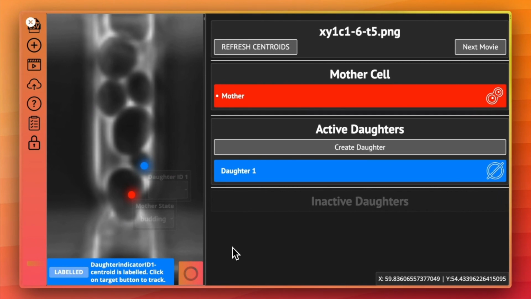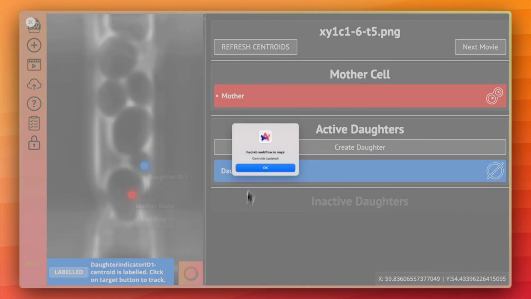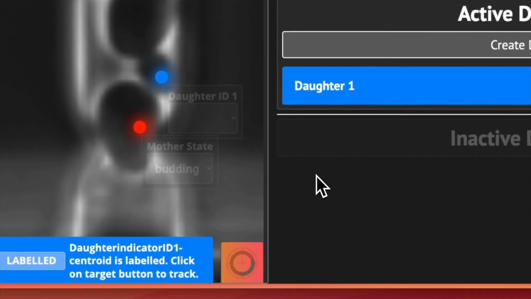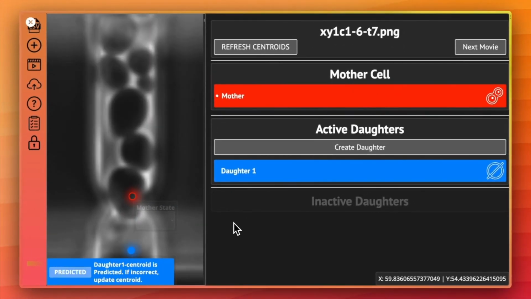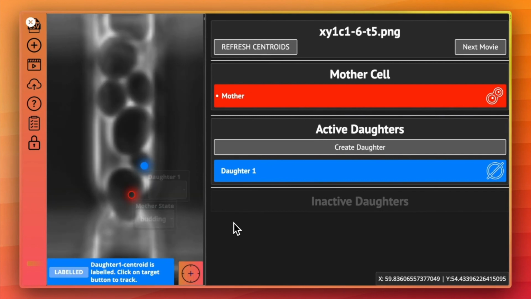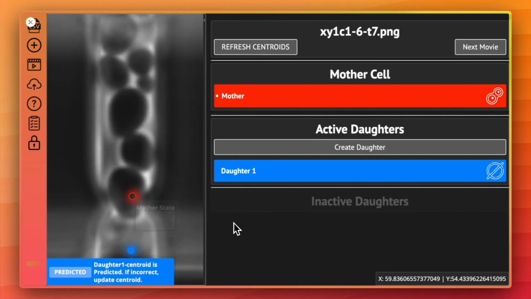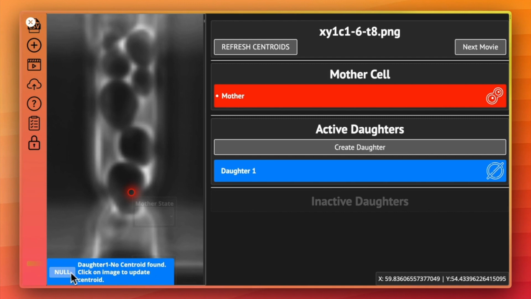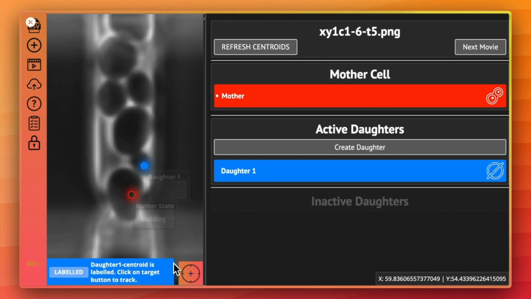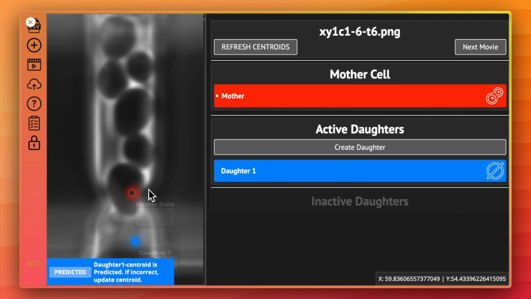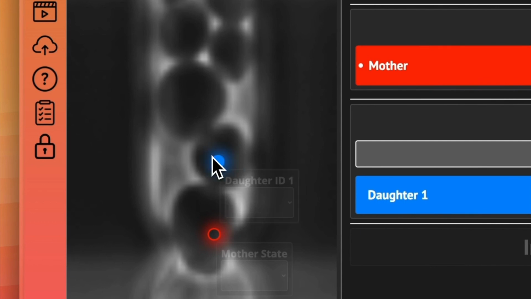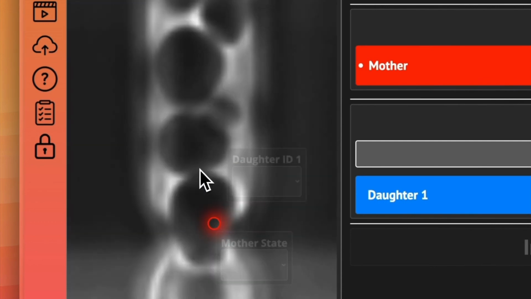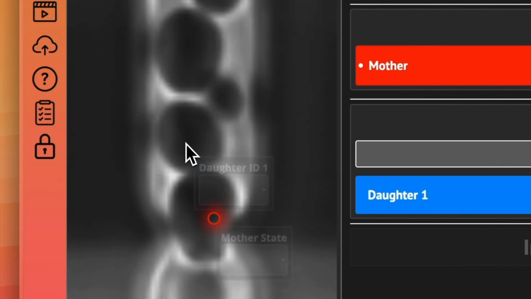Now, the daughter tracking is not as accurate as the mother tracking, and so let's see how well it does here. You can see in this case it didn't do a good job. It was able to only predict it for 2 frames, and both of those are incorrect. And then after that, it's null, as you can see here. So the best approach is to just go one by one and correct it. So now we can kind of see it's here,